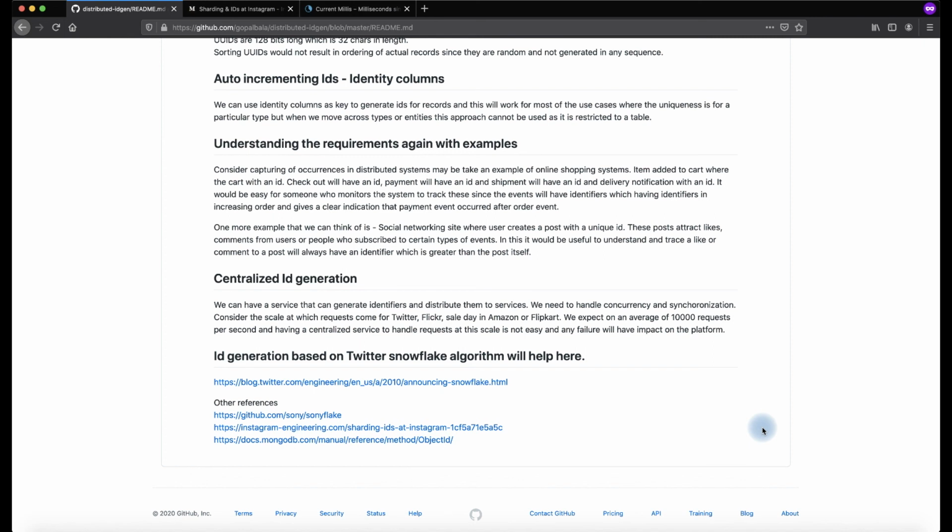We might play with the sequence bits, increase or decrease the sequence bits, increase or decrease the node ID bits, or the timestamp, and we would end up with bigger or smaller IDs. But a good hacker or a good security analyst would be able to predict the next ID given a set of IDs generated by us.